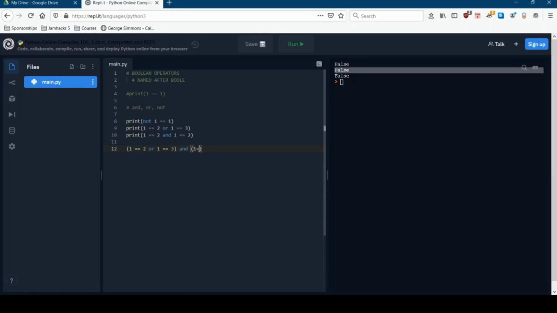There's an order of operations. I'll detail that in a bit. So let's see this. I think not is okay to go here. So if 1 is equal to 2 or 1 is equal to 3 and 1 is not equal to 3, that's what this evaluates to. And the challenge question here is: is this true or false? I guess we'll give